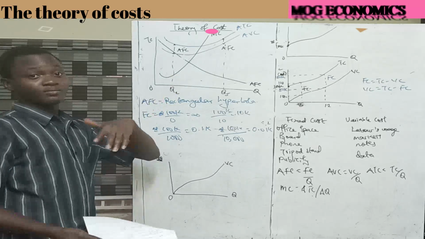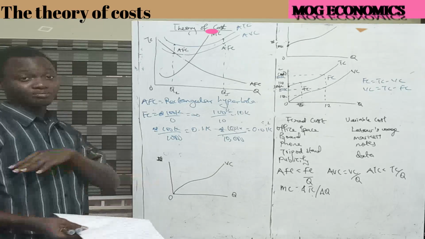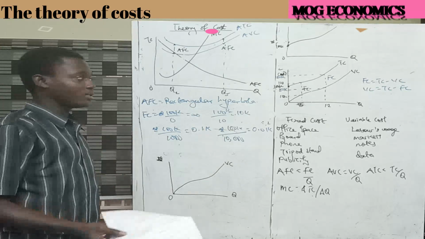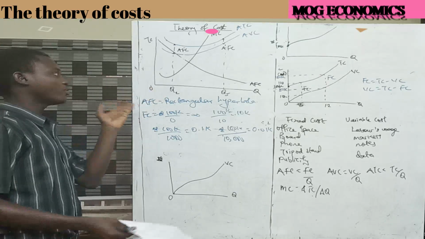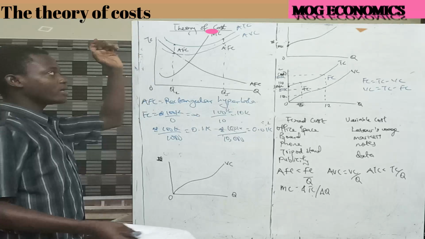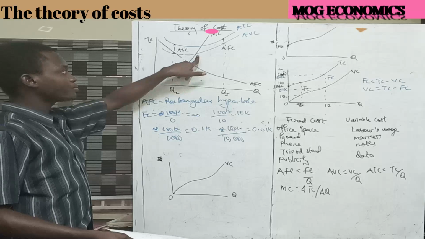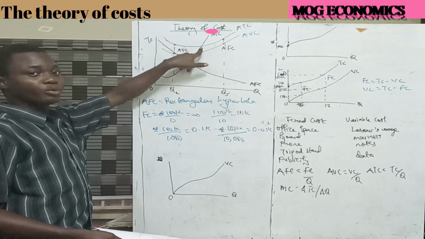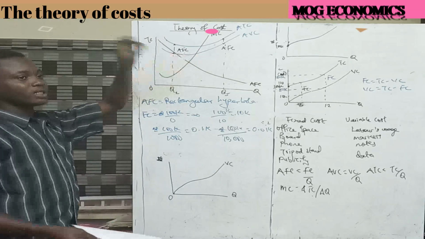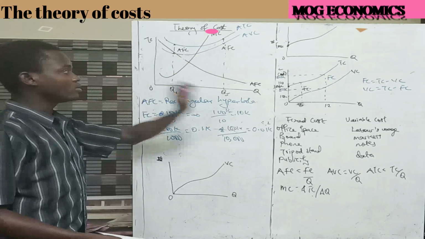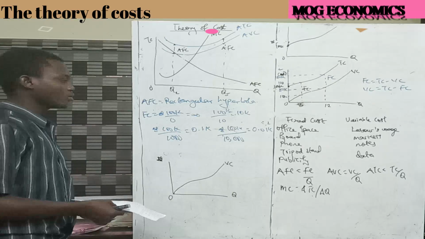But it's not always like that, right? It depends on the cost function of a particular company. It might be a straight line, like it's linear kind of. But theoretically, this is how the marginal cost is. It falls at the beginning, then it begins to rise. What you have to notice is that the marginal cost curve cuts the ATC at the ATC's minimum point, its lowest point. The same thing for the AVC: it cuts the AVC at the AVC's lowest point, right? That's something that you need to note about the marginal cost curve.